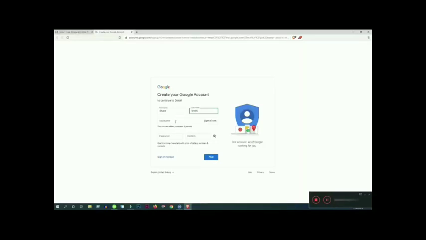Then I choose a username. The username should be unique, one that doesn't match any other user. Here I'm putting my username.